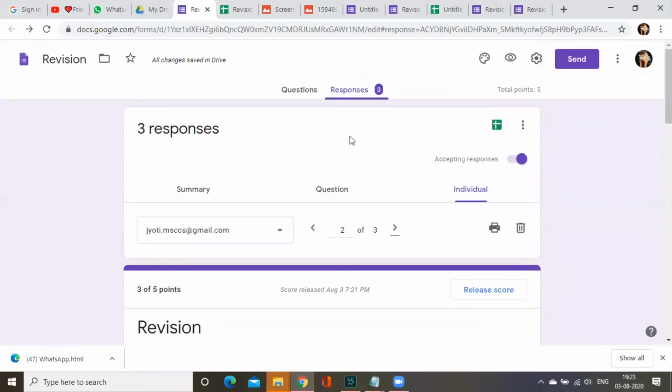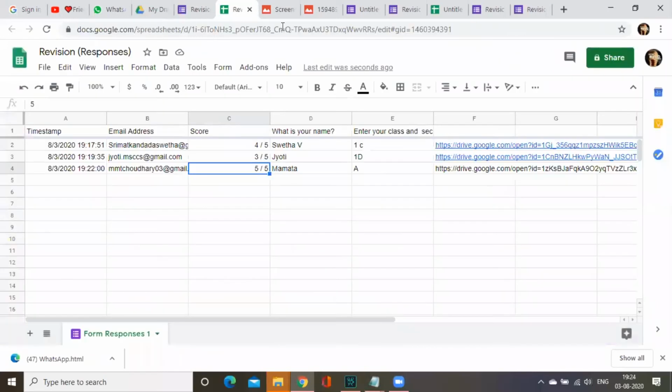Ma'am, I have one question. This is Jyoti. Once they click on that link, write and submit the paper, if they submitted before time, some children will again go to the chat, click on that link, and start writing again with the same name and section. Yeah, but here you will get the database. At what time they have submitted, everything you will get in your Excel file. So you can see how many times they are doing the paper. Ma'am, but once they do, second time they cannot do.